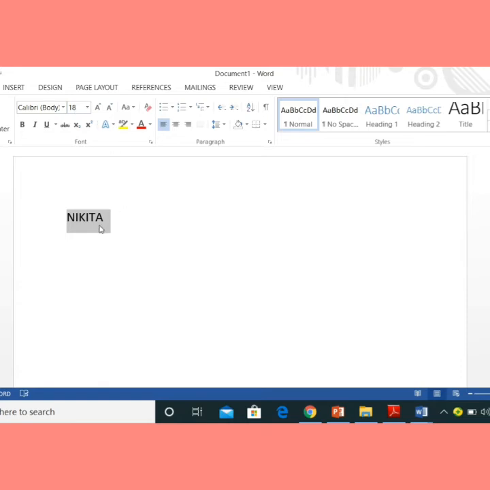Now, suppose in the next line, I want to write another name. In the first line, I will write one name. In the next line, I want to write another name. So what should I do? I have to press the enter key on my keyboard to go to the next line. To move from the first line to the second line, I have to press the enter key. Now I'm pressing the enter key. Look what will happen. See, I have gone to the next line. I have moved from the first line to the next line. Now in this next line, I can type the new name.